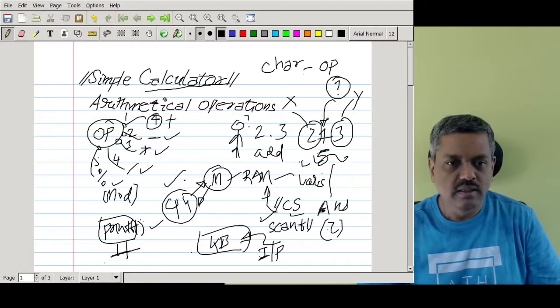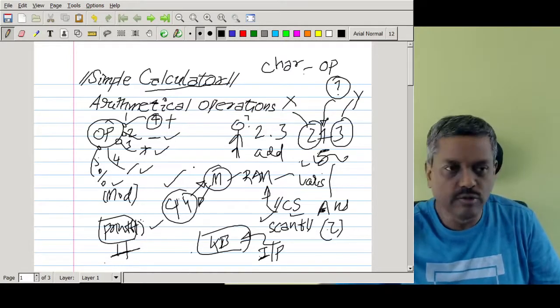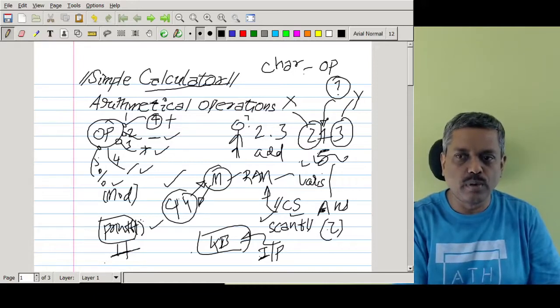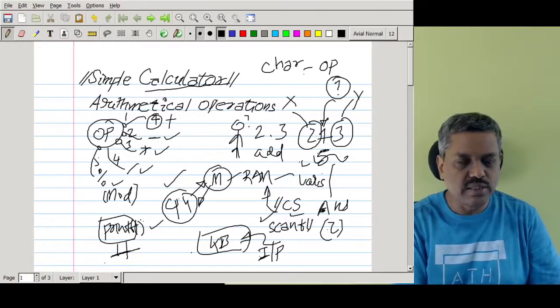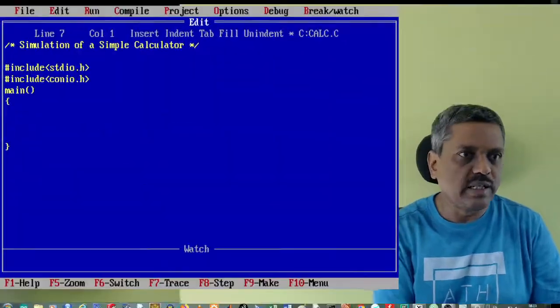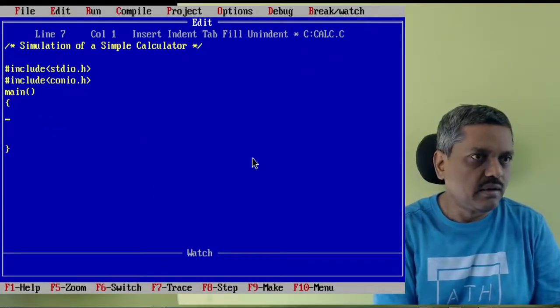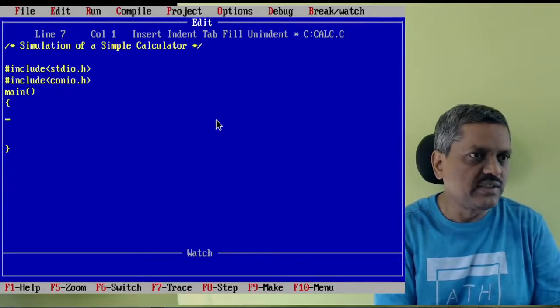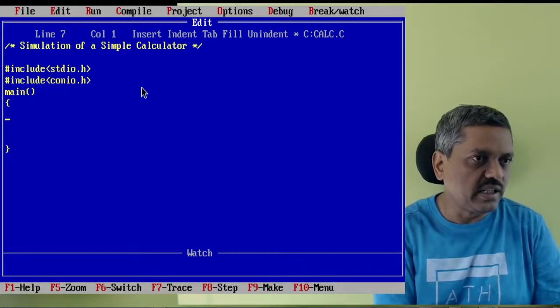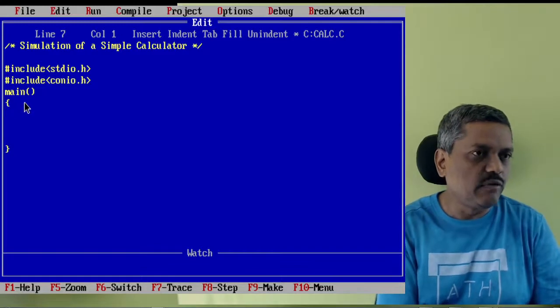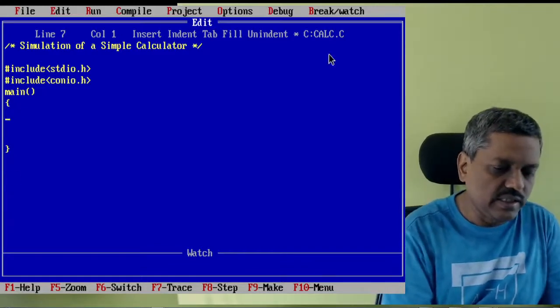So let me see how to do it programmatically. We'll get into the program and start working on that step by step. Carefully observe how to write a program. That's very important. Here the setup is already there, the minimal setup. I have included the preprocessor directives, which are very commonly included in every C program, and I have started main. You may wonder why I have not written void or int. I am not returning anything from main, so without indicating the return type, you can simply start writing the program.